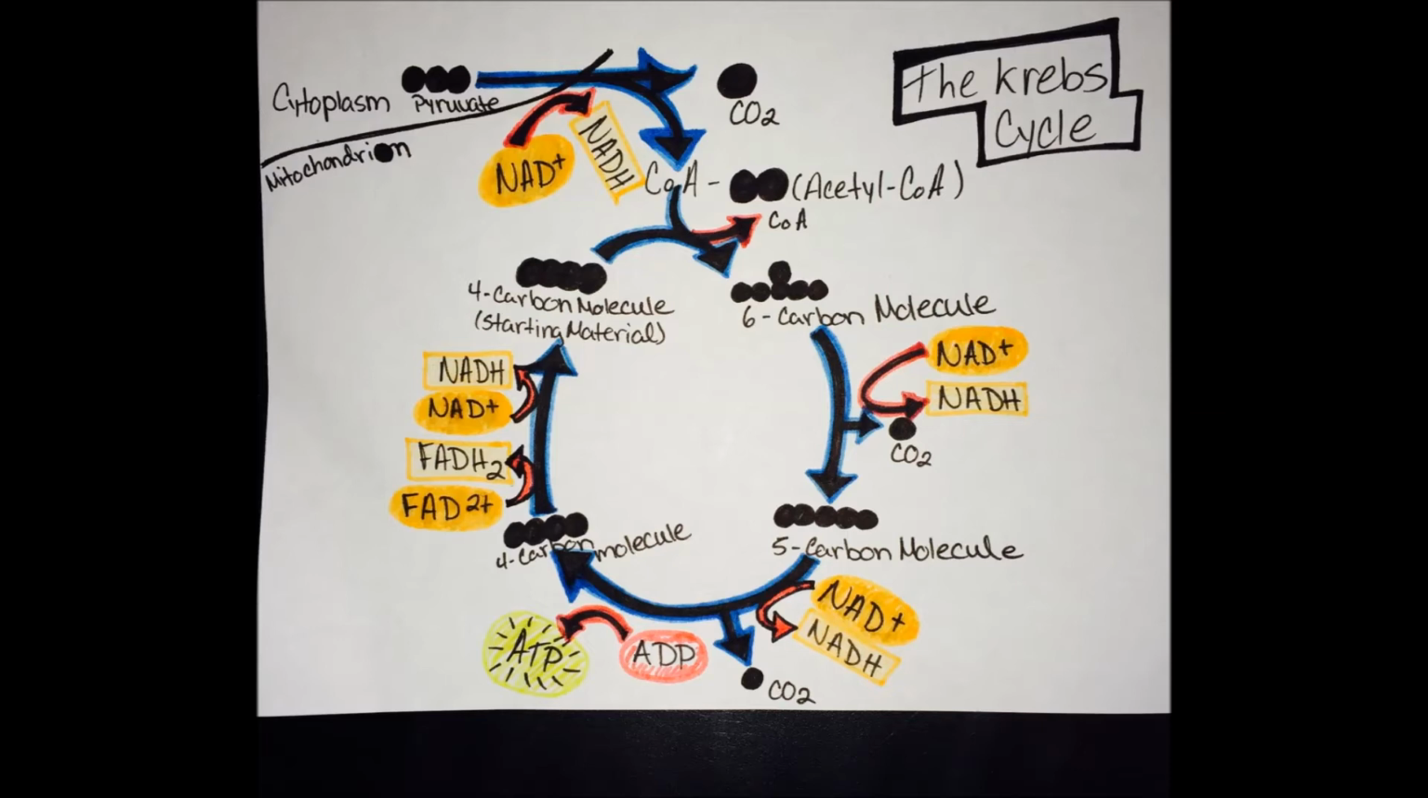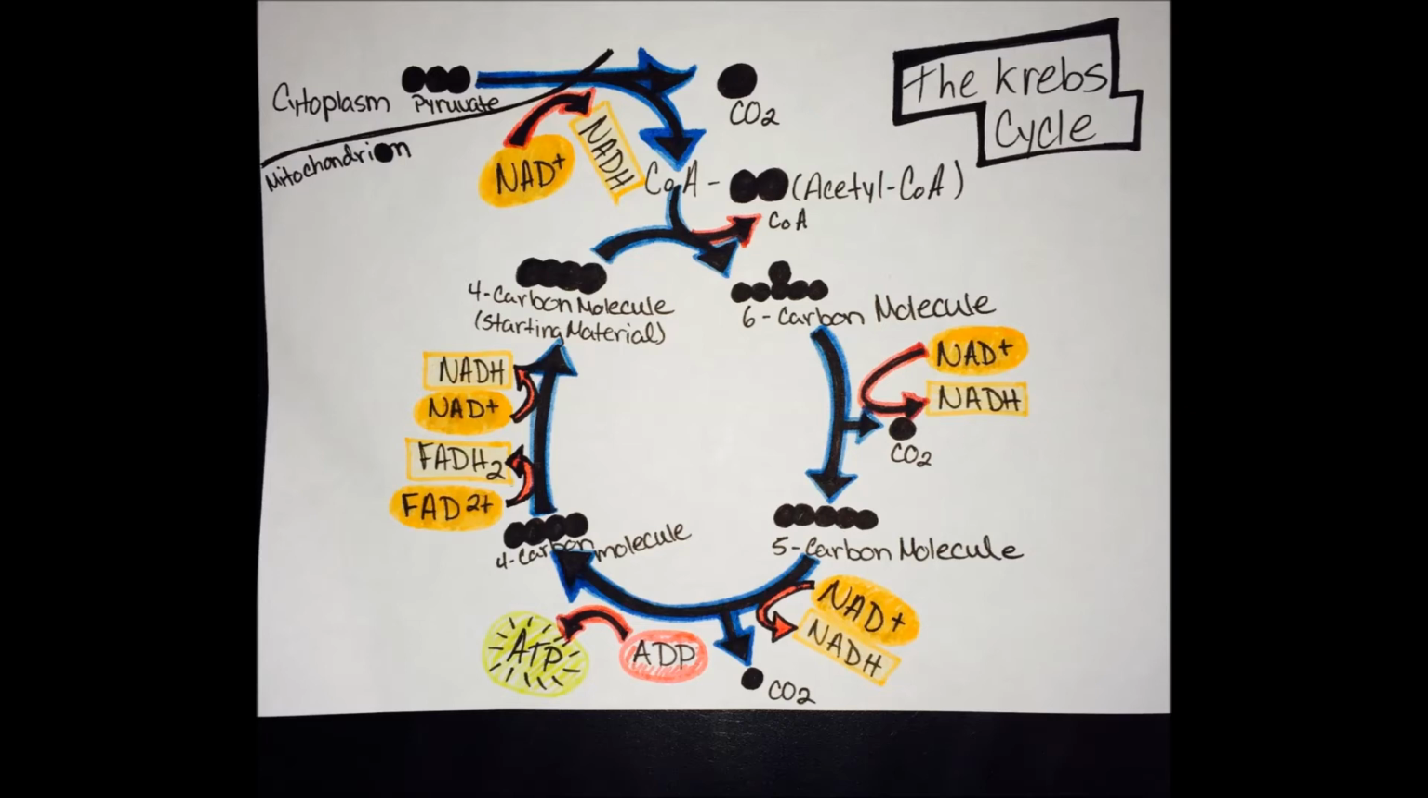2 pyruvates create another 2 molecules of NADH, making it a total of 4 NADH. Enzymes bring together a phosphate with an ADP to create another ATP for each pyruvate. Enzymes also help join the acetyl-CoA with a 4-carbon molecule called oxaloacetic acid, and they form a 6-carbon molecule